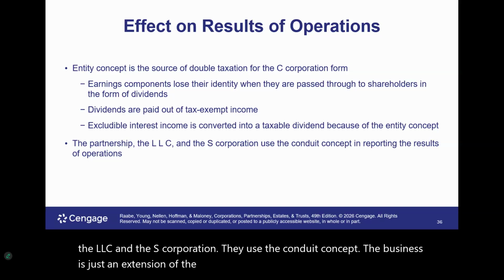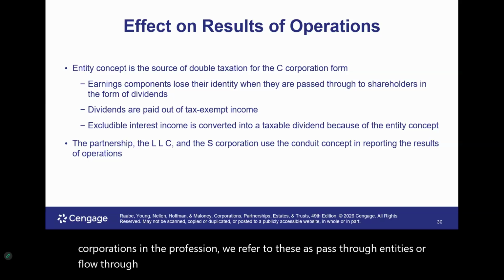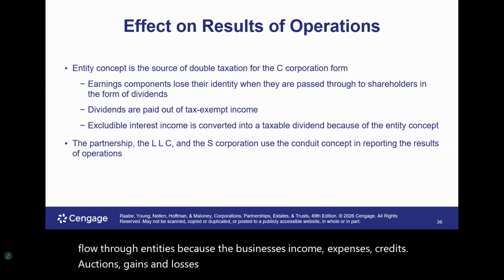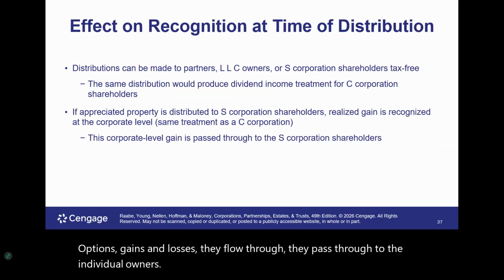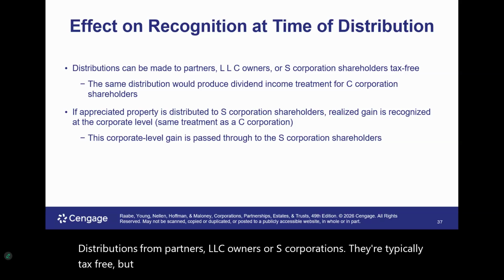So with the partnership, LLC, and S corporations, in the profession we refer to these as pass-through entities or flow-through entities, because the business's income, expenses, credits, deductions, gains and losses flow through, they pass through to the individual owners. Distributions from partners, LLC owners, or S corporations are typically tax-free, but distributions from a C corporation will be treated